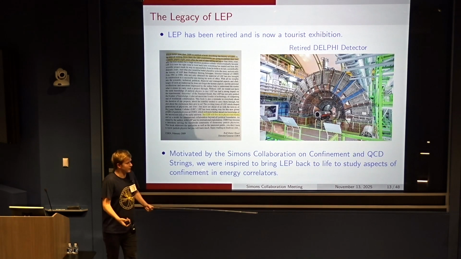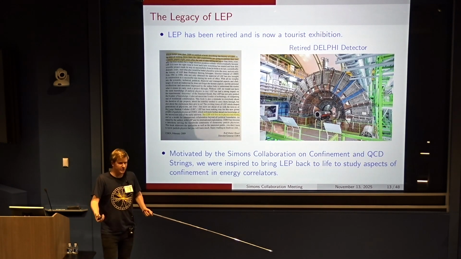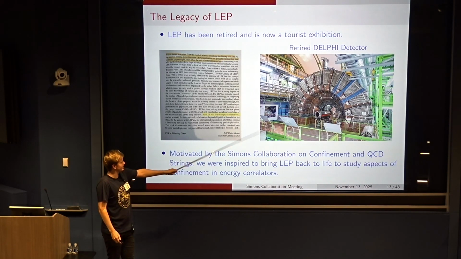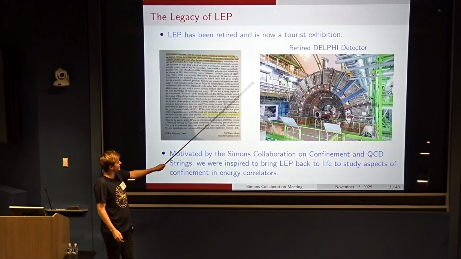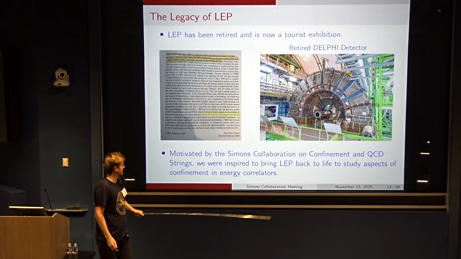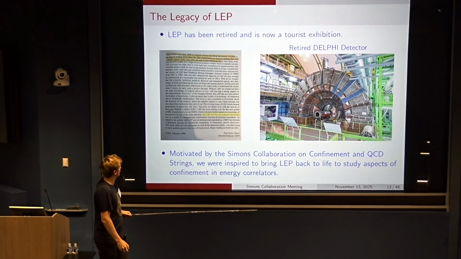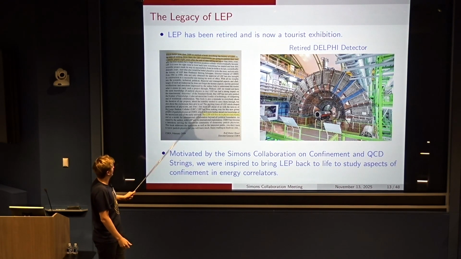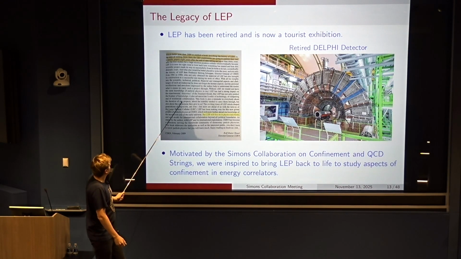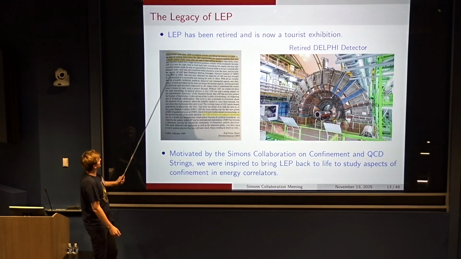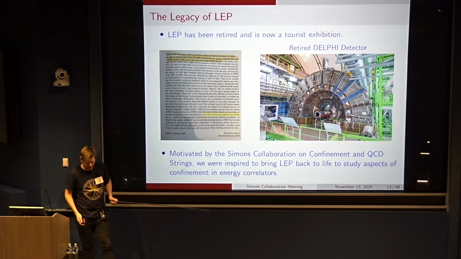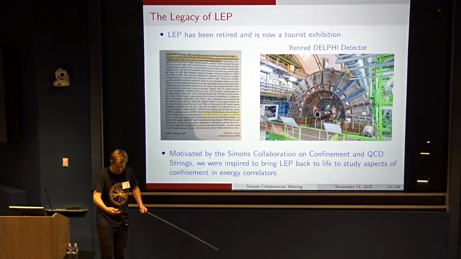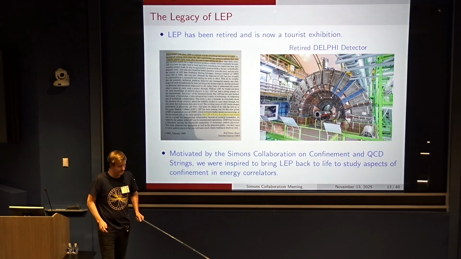And so this is a bit disappointing, because of course, as you know, LEP is now retired. In particular, you can go to CERN, and this is a detector from the LEP experiment, the Delphi detector, and you can read some plaques about how nice this experiment was. You can also get this book, which has a preface by Rolf Heuer, the director of CERN, where it says the LEP experiments have published their last papers, but it will live on in textbooks. And so this is a little bit disappointing for trying to actually study these nice properties of confinement.